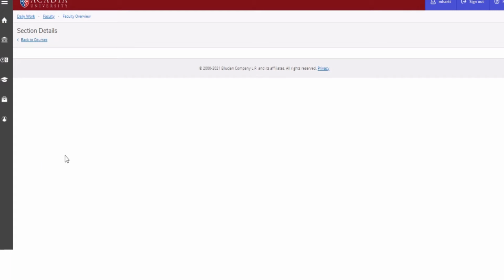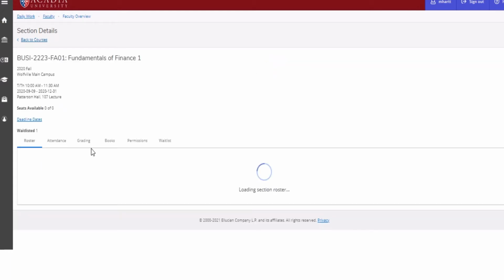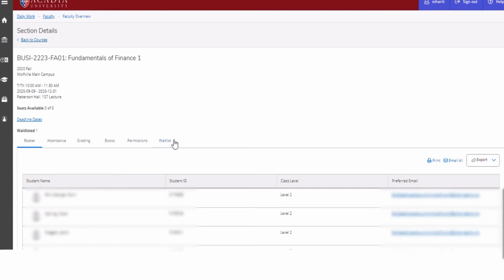This next screen will offer you the section details and more options. As the screen builds, there is a pivot menu in the middle of the screen. This is the pivot menu. You will be selecting your options in reference to doing your final grading, processing permissions to students, and looking at your waitlist. All the course information is provided at the top left-hand corner of the screen,